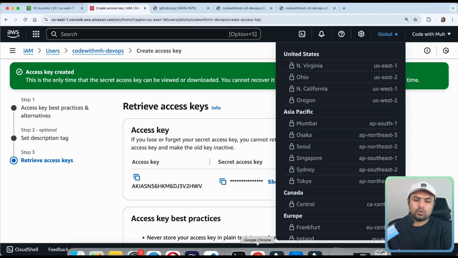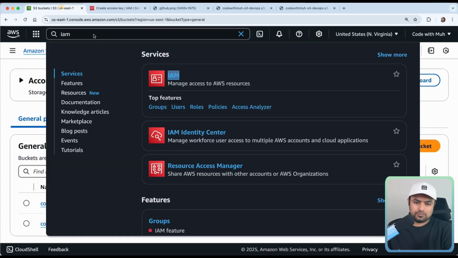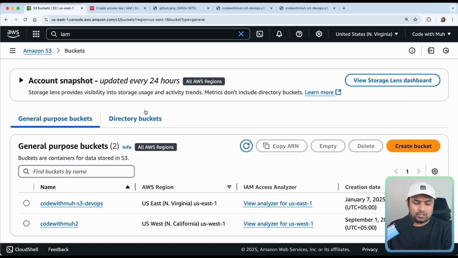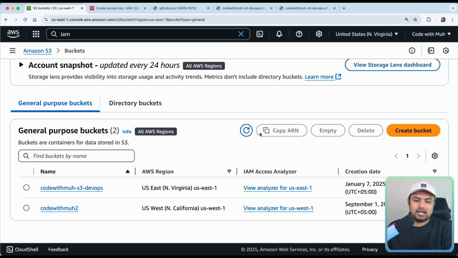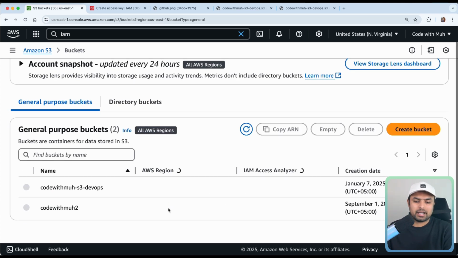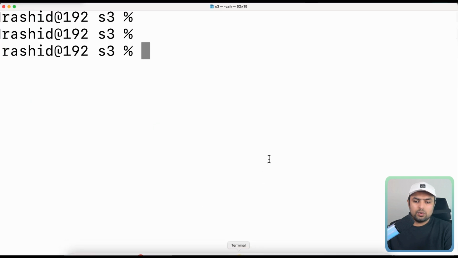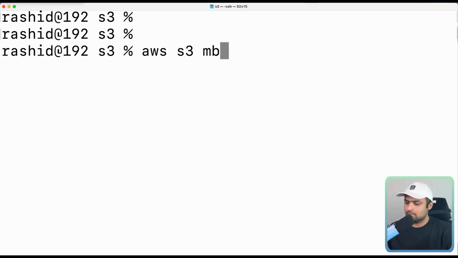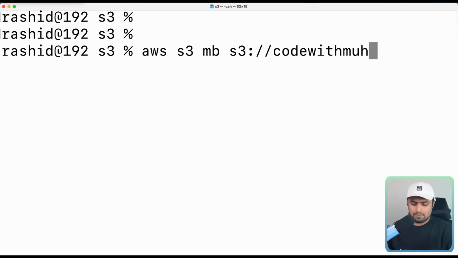So now we are going to create a bucket with our terminal. You can see currently I have only 2 buckets. Now let's go and create a bucket here. I'm going to write a command, aws s3 mb (make bucket) s3, and I'm going to give a name to my bucket. I will give the name code with mo